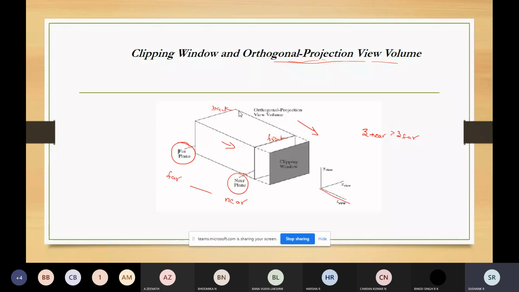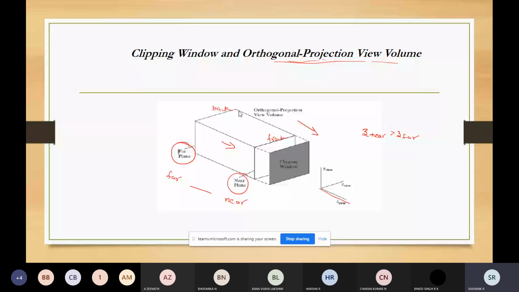What do the near and far planes help with? The near and far clipping planes allow us to exclude objects which are in front of or behind the part of the scene. Here we know that the viewing is along the negative z axis, so z near will be greater than z far.